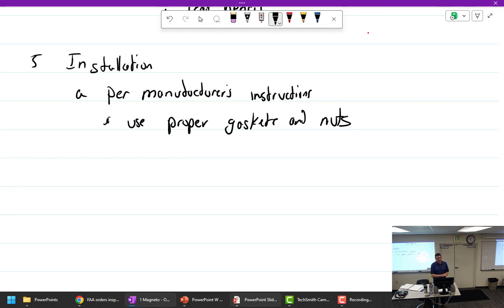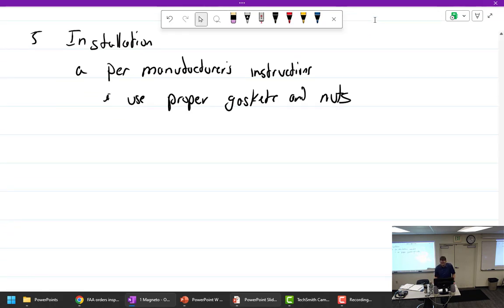So use the right nuts. Most of the time, like Lycoming, they use a washer, lock washer, and then a plain nut. It's like stainless steel. The smaller Continentals use very tall brass nuts. So use whatever it says. Let's see, install and operate engine to temp. So run it up,